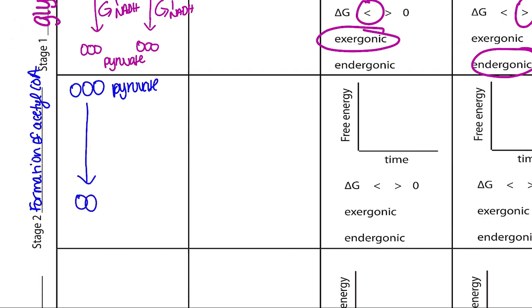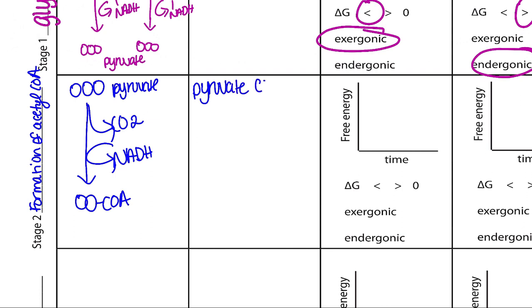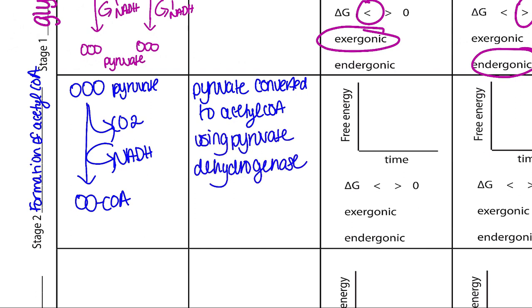And pyruvate is converted to acetyl-CoA by pyruvate dehydrogenase. We get CO2 and we reduce a molecule of NAD+ to make NADH. And again, if we were to summarize this, we can say pyruvate was converted to acetyl-CoA using pyruvate dehydrogenase. And now that we've got our drawing, keep in mind we've only drawn one of the pyruvates,